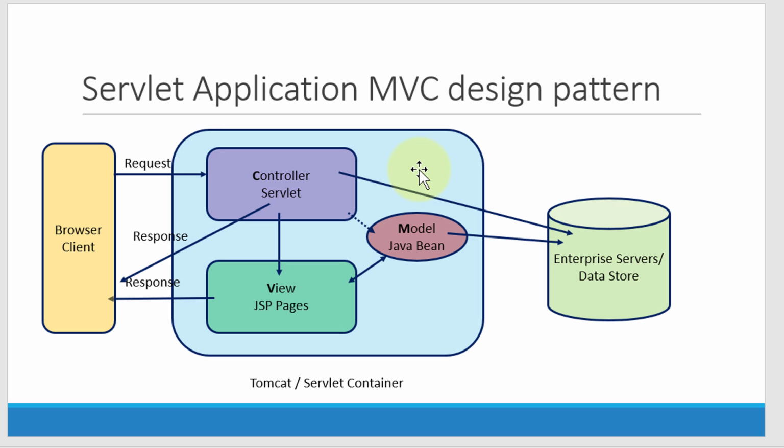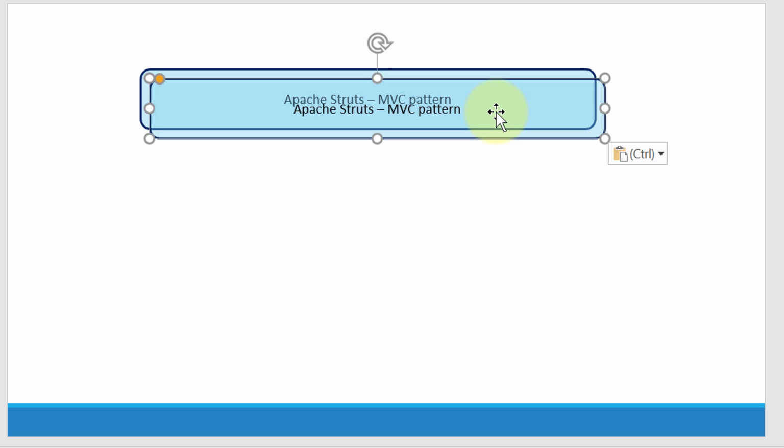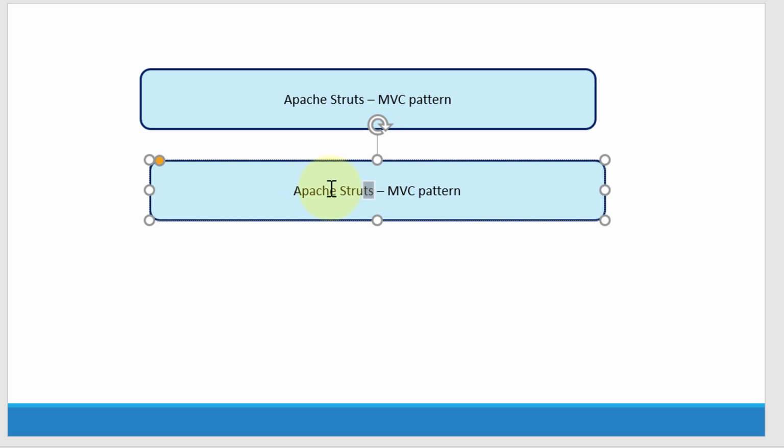So the number of components to be managed started getting increased over a period of time. That's where the requirement for different frameworks got evolved. So we started getting frameworks like Apache Struts, which provides the MVC pattern, and the other framework, Spring MVC, which uses dependency injection. And of course, we are going to discuss these frameworks